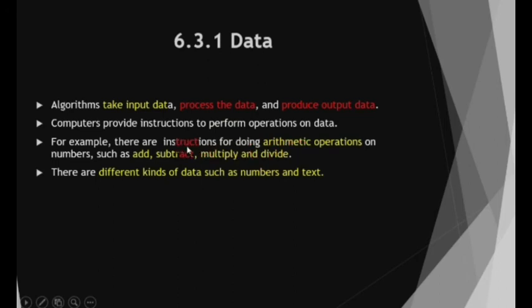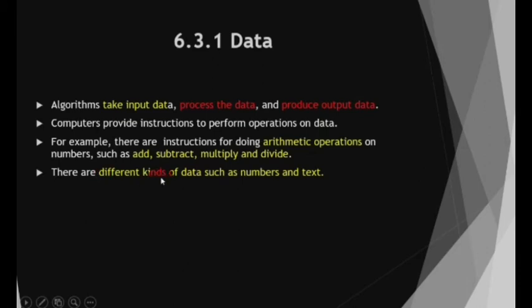Here, if we want to add two numbers, we see one example now for algorithms: number 1, number 2 and sum. Add means we are adding two numbers. For that, what is the input? You have to get any two numbers for adding. What is the process that takes place? We add the two numbers. What is the output you get? The sum of the given two numbers is the output.